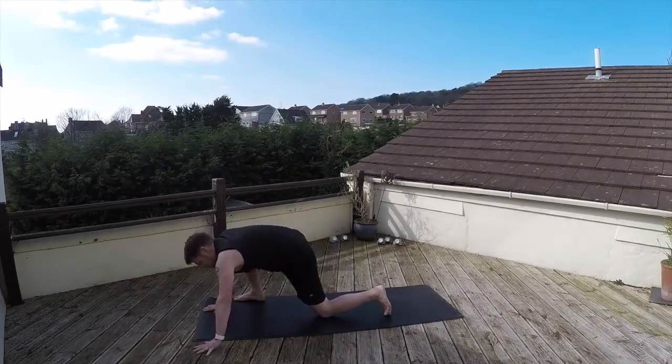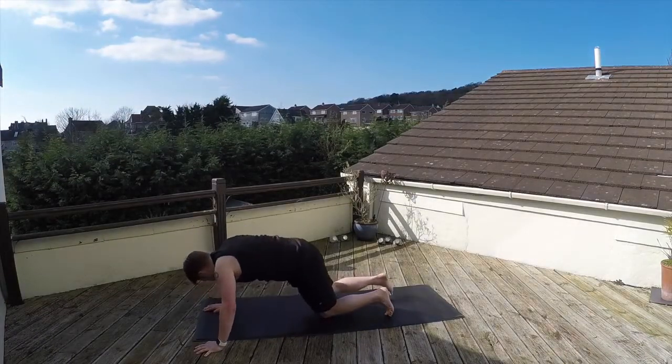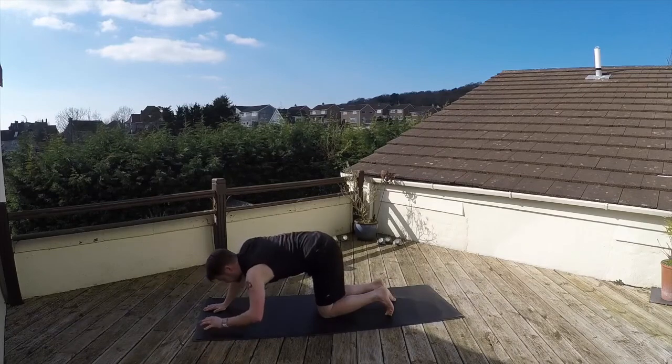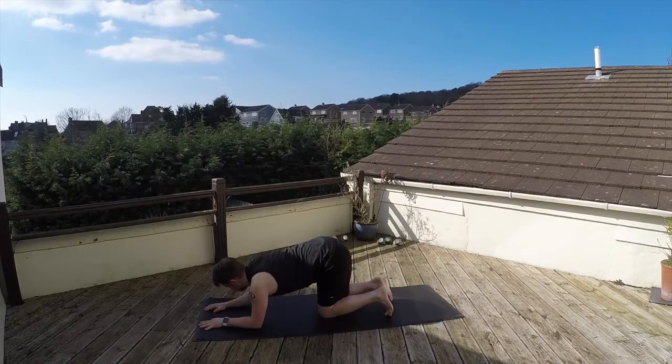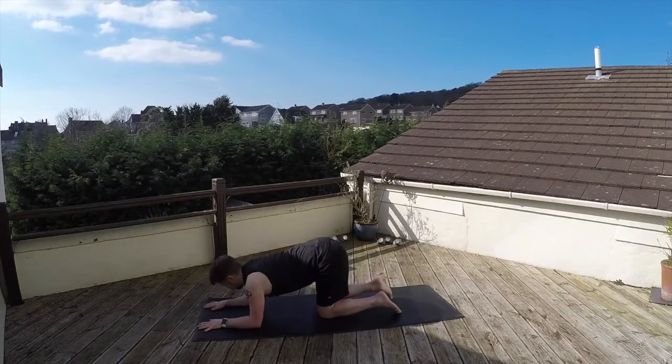Take a little lean onto your left side. Just walk that right foot round. And we're just going to come into a forearm balance. So bring your forearms down. We're going to start by coming to a forearm plank. So forearms down,